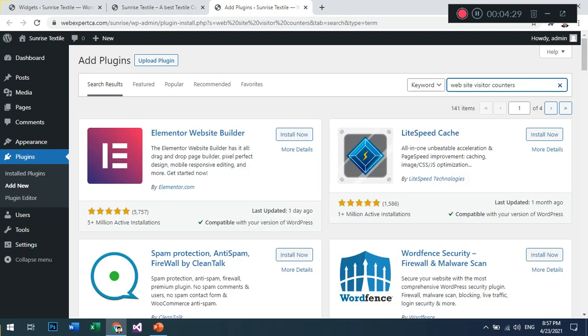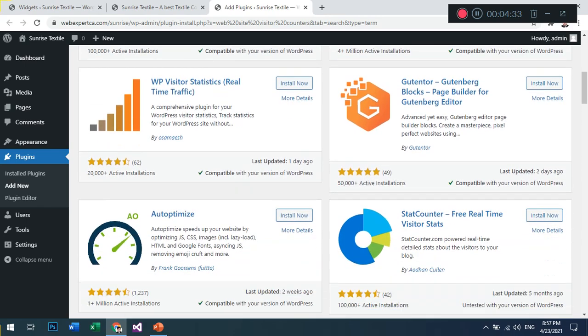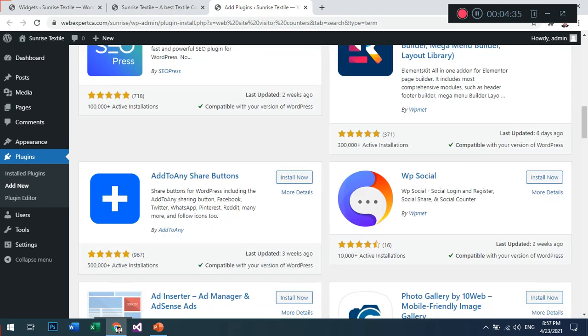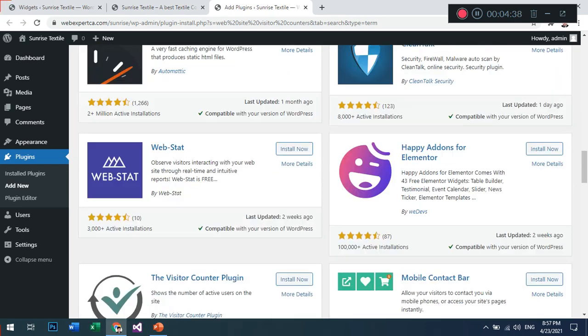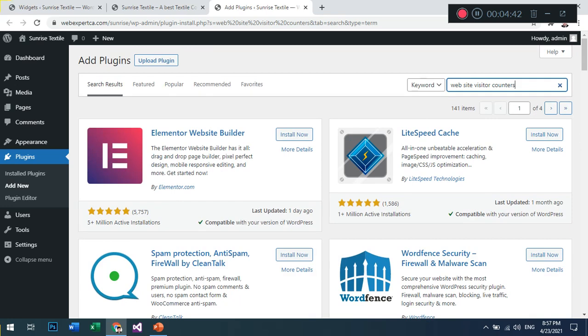Okay, site speed cache, there are many. No, there is no result here. Visitor counter. Just press, going to add the visitor counter.